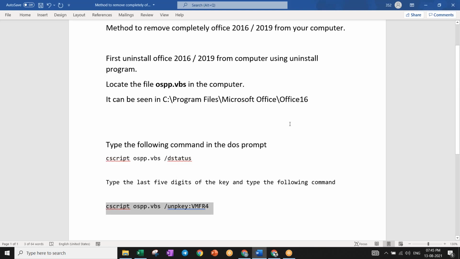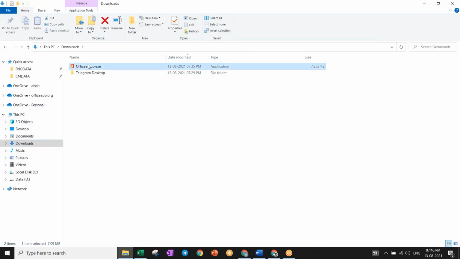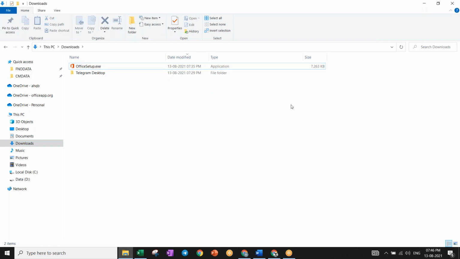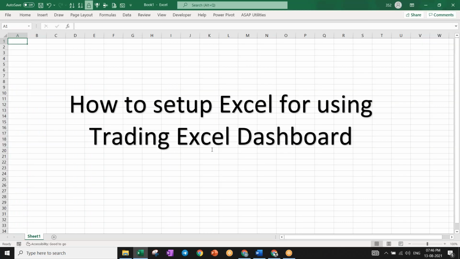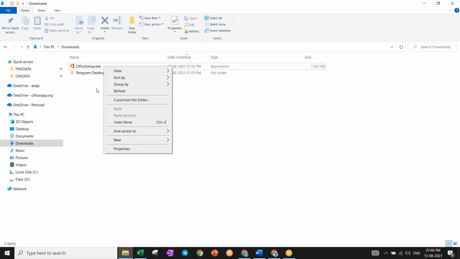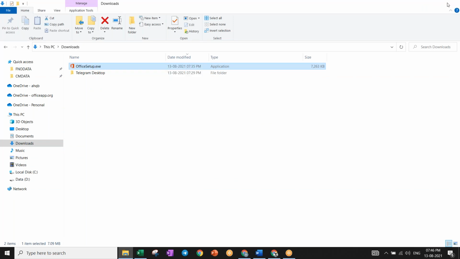It's a small step, and many people have a problem because of a bug or something. Uninstallation is not happening properly for many of them. So once you do this step, close the computer, restart the computer, and then once you get the downloader file in the download section, you can download it and right click Office 365, run as administrator. You have to do this, then Office 365 will be installed smoothly. There is no issue at all. After installing everything, always remember, run as administrator is very important so that you don't have any issues. Always right click and run as administrator. This is very important, just don't forget.